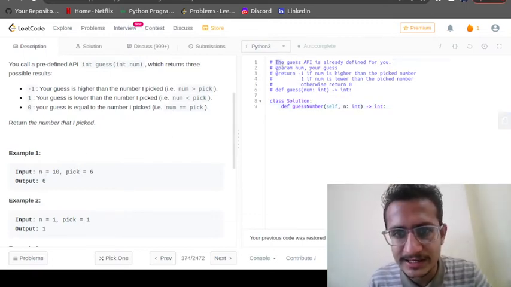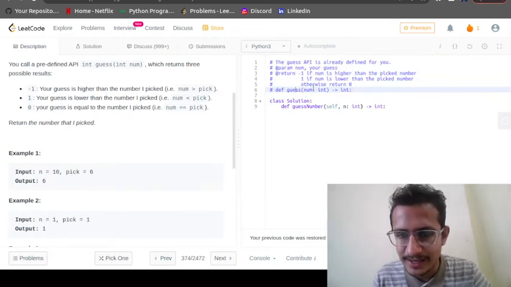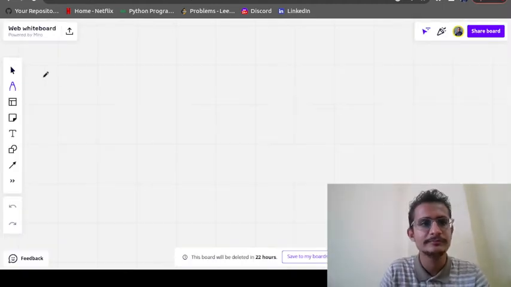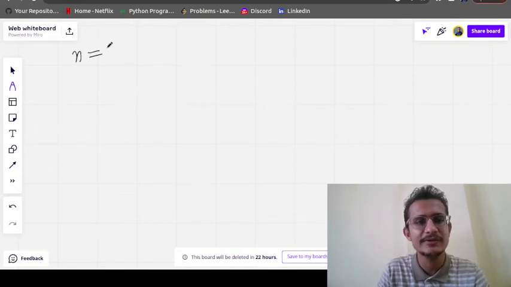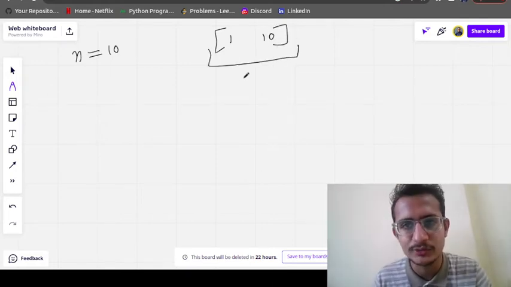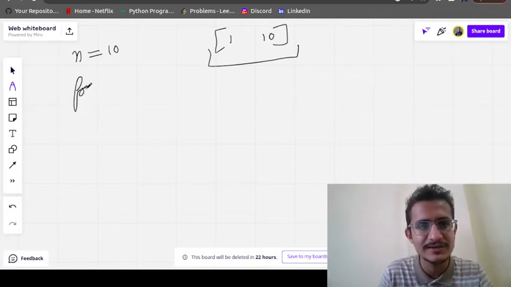Here are the details given for the API: there is a guess API which takes num as a parameter as input and returns the output. Suppose n is given to you as 10. It means the range in which he has picked the number is from 1 to 10. So one basic approach that comes to my mind is